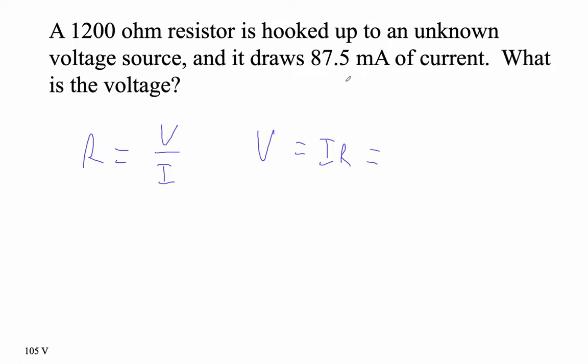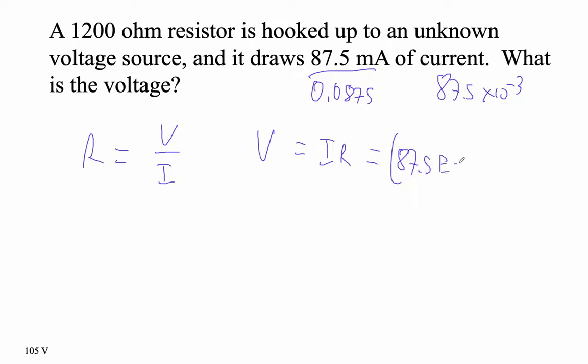I is 87.5 milliamps, so that is 0.0875. Right? You can also just type 87.5 times 10 to the minus 3 in your calculator. Right? Milli just means times 10 to the minus 3 every time you see it. That way you don't have to move the decimal the wrong number of places, right? So I'm going to go